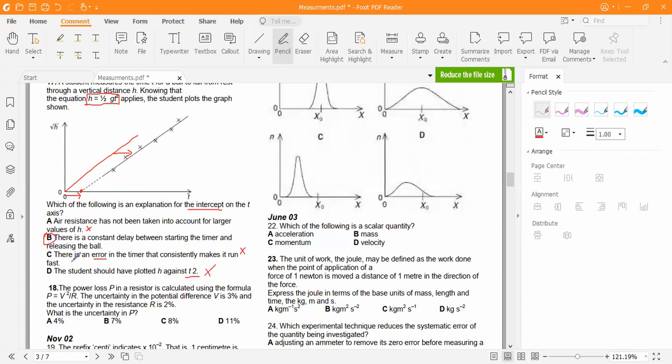Okay. So these were some pretty old questions. I think these past papers are really old because I can see this November 02. And the questions that you get now are still very similar to these ones. So don't think these are not important. The questions that you will get now will be very similar. A level hasn't changed much over the last years. O level has become a lot easier. A level is still quite the same.